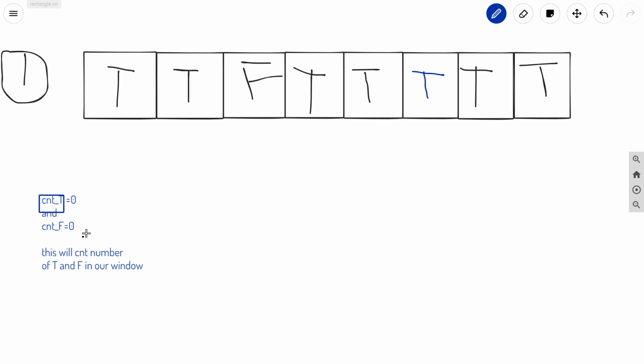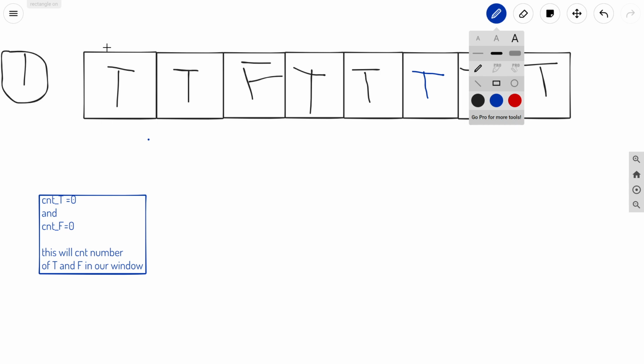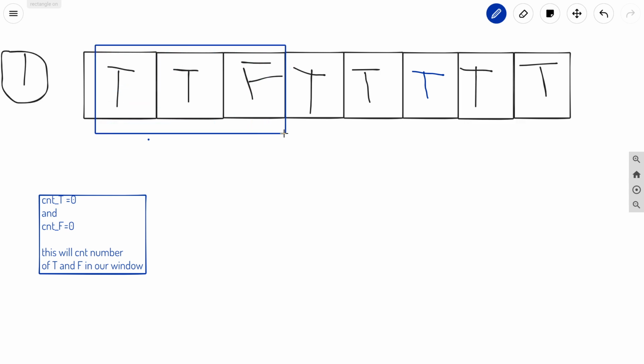What we will do is check if the minimum of count t or count f is less than or equal to k. I am going to show that this is our particular window, and we can have one operation with us, so we can replace one f here with t, and again we can increase the size of our window.